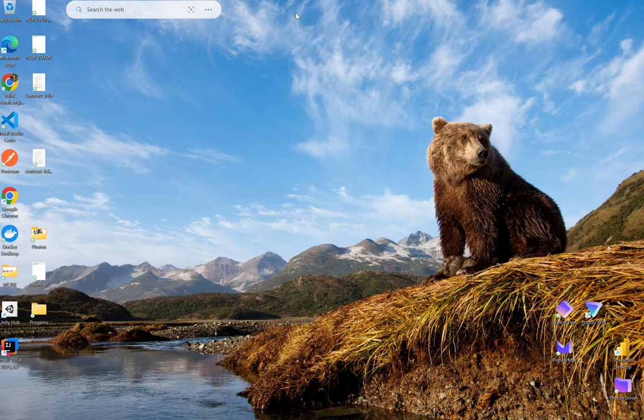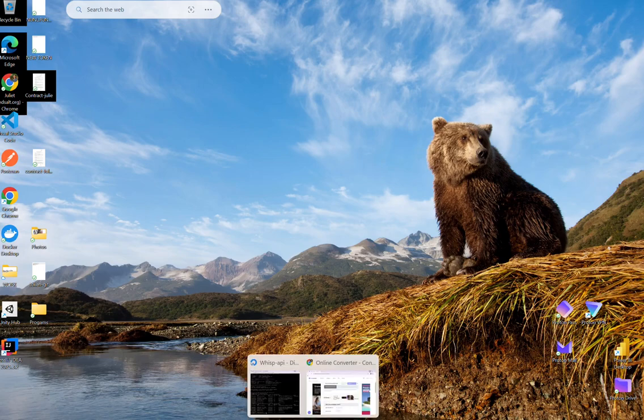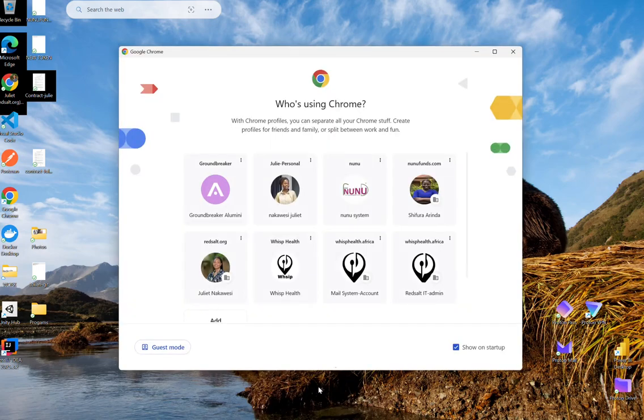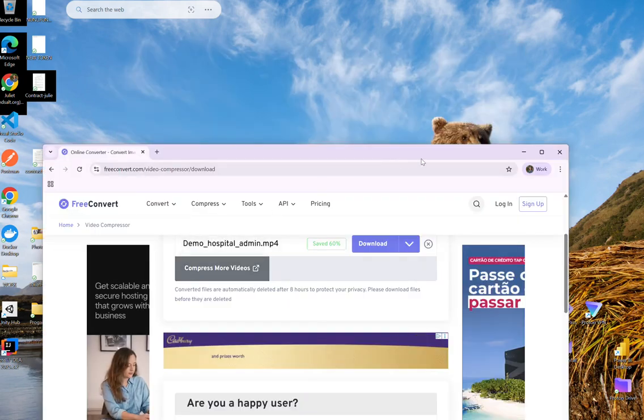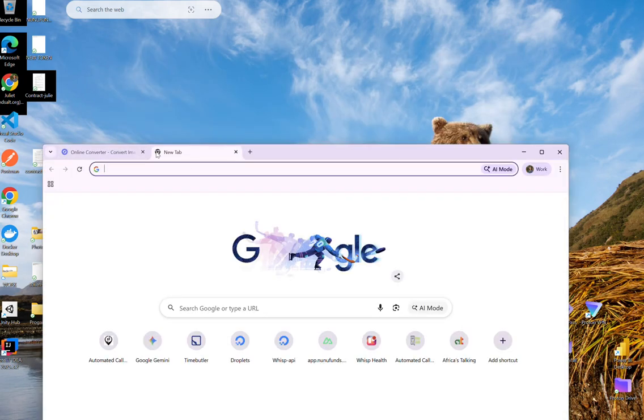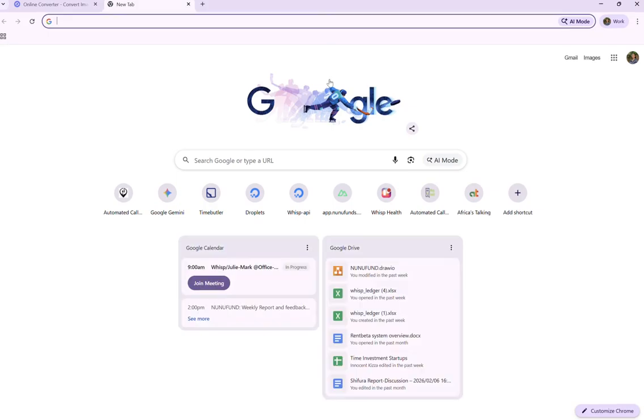So right here, I've opened my laptop, my computer, my phone, my tablet, right? When it opens, you can use any browser, if you have Chrome, if you have Edge, or any other browser you're going to use. As for me, I'm going to use Chrome. So I'm going to open one right here, and then I'm going to type in